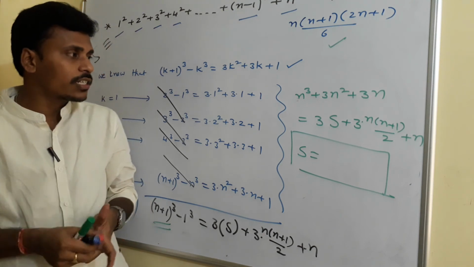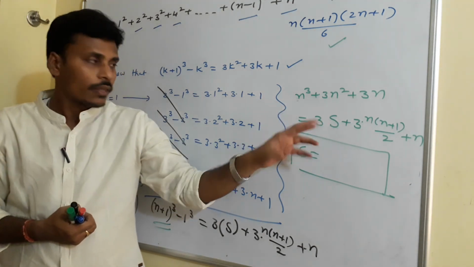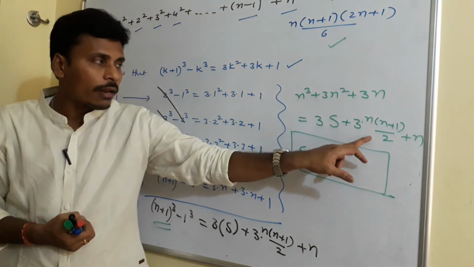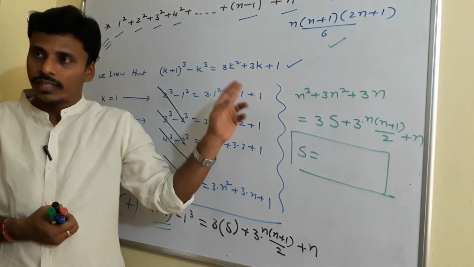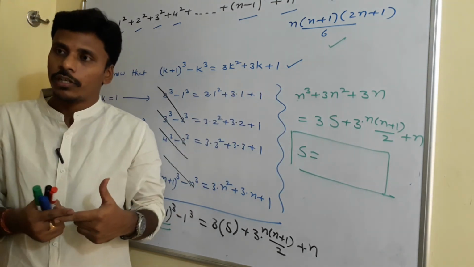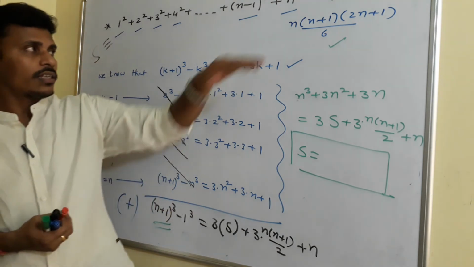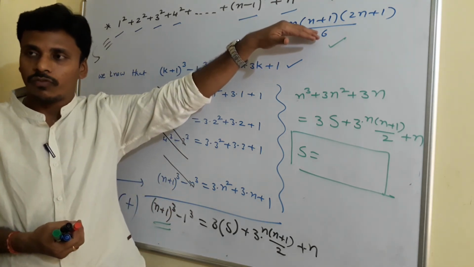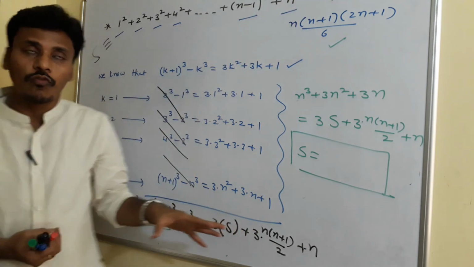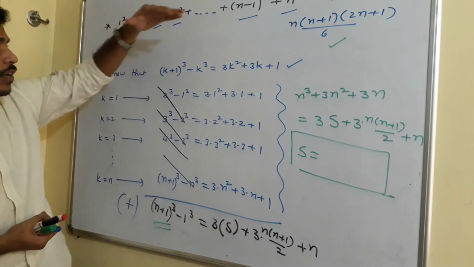From here onwards it is completely algebraic simplification. You need s, send every term involved with n to one side and then do factorization and multiplication if needed, and on simplification your value of s is n into n plus 1 into 2n plus 1 by 6. Right? This is the way to find the sum of the squares of the first n naturals.